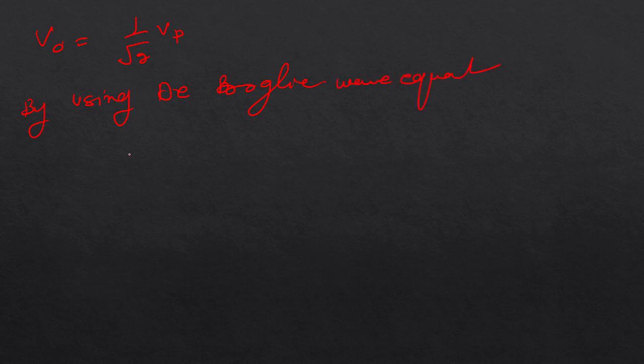Lambda_p is h over m v_p, this is for proton, and lambda_d is h over m v_d. Now we know the value of v_d, so put the value of v_d here, and you will get at the end